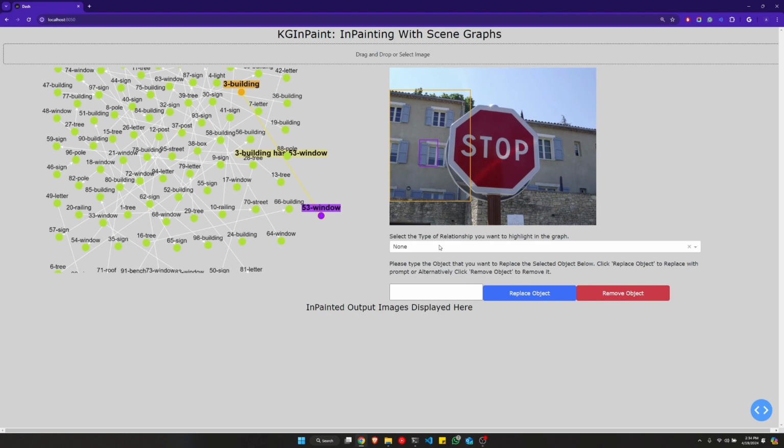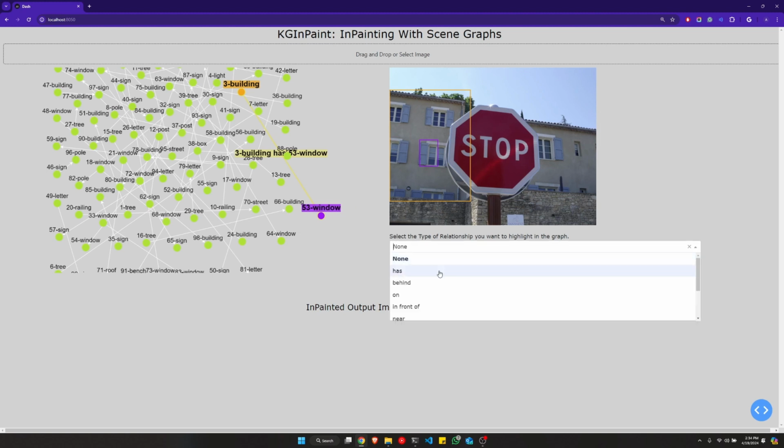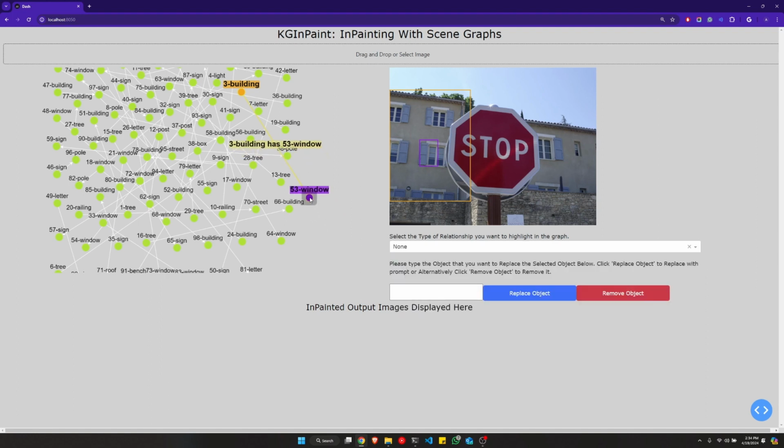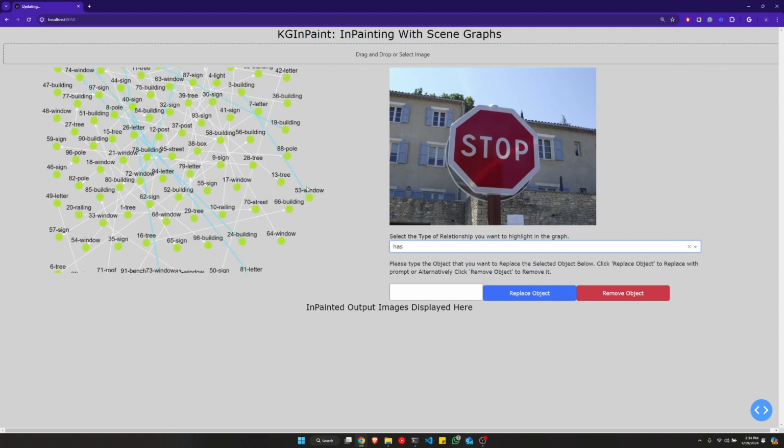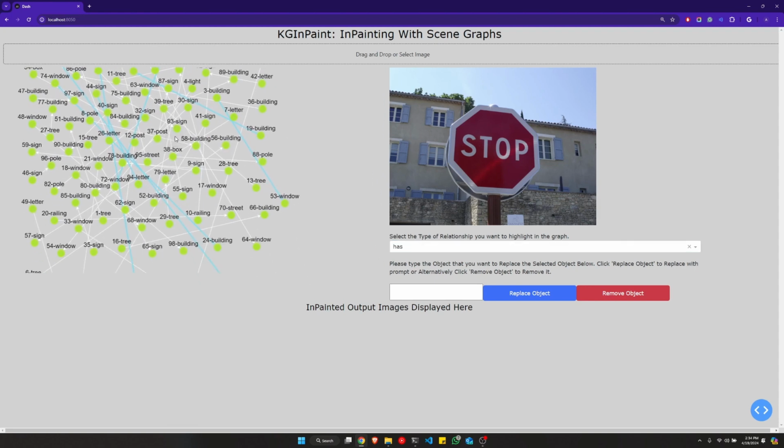What more you can do is that you can select particular relationships that you want to highlight within the scene graph. So say for example, I want to highlight all the has type of relationships within the entire scene graph. So I can just select has, and all the triplets which have the relationship has have been highlighted in blue within the scene graph as well for the user. So same 3 building has 53 window. This has been highlighted in blue as well, and if you select it again, you can see it on the